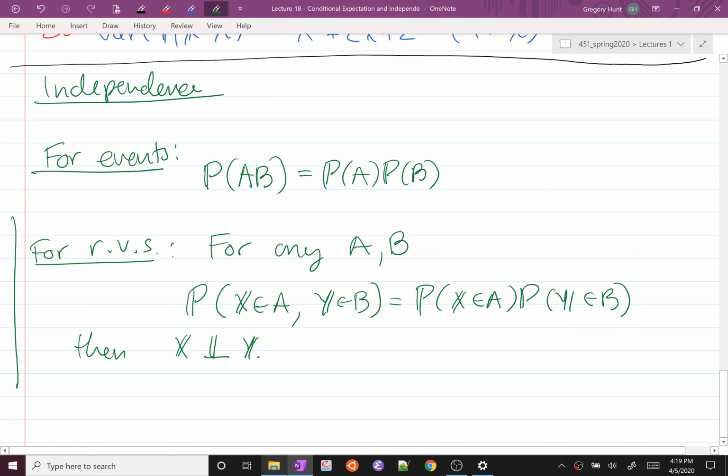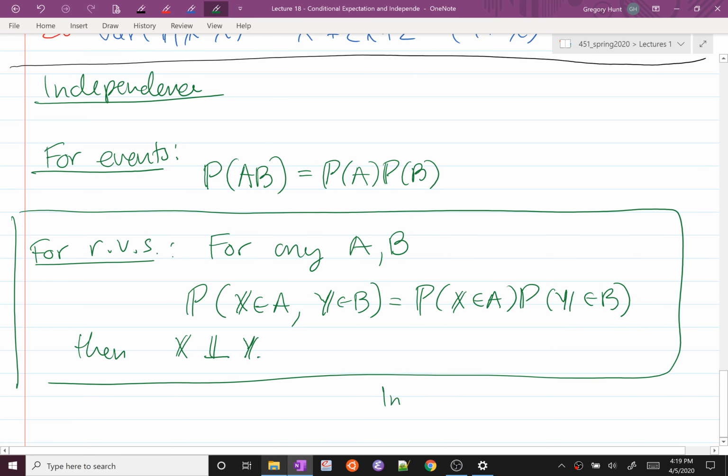So this is our definition of independence